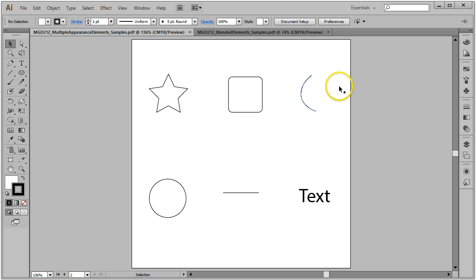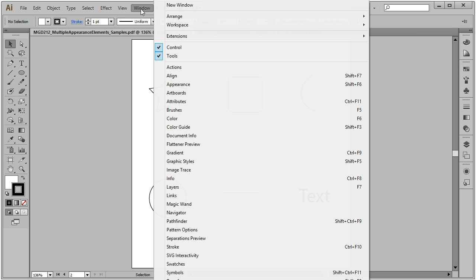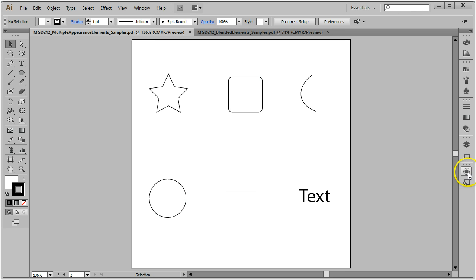And so the first thing we're going to need to do is get two different panels. One of them is the Appearance panel, and the other one is the Graphic Styles panel. Both of those live under the Window menu. They may live in your palettes on the right-hand side of your workspace, but if you can't find them, they always live under Window. So we're looking for Appearance. The hotkey for that is Shift and F6, and Graphic Styles, the hotkey for that is Shift and F5. In this case, I have mine right over here in my